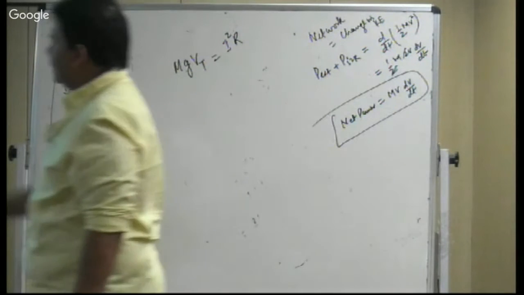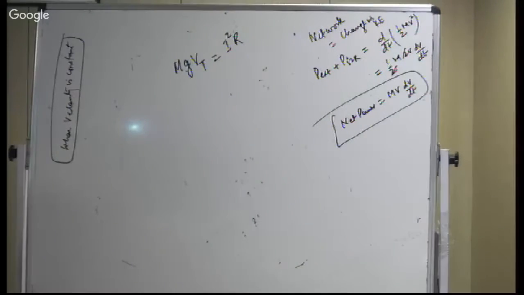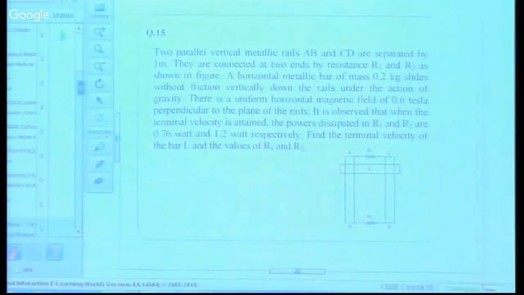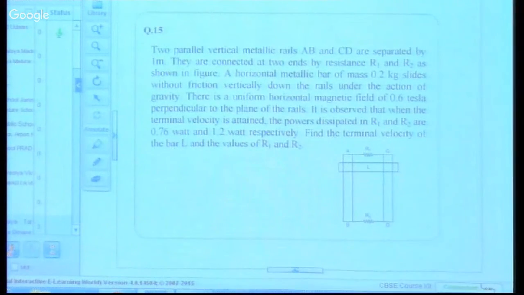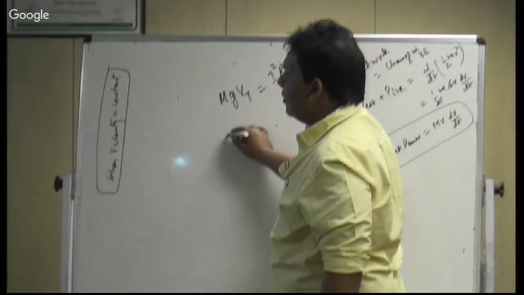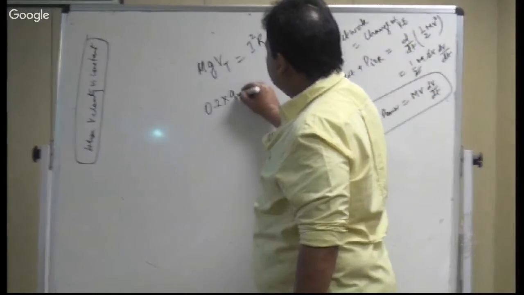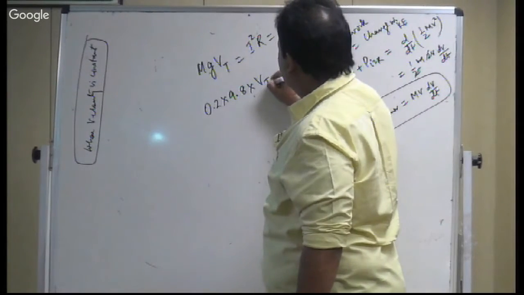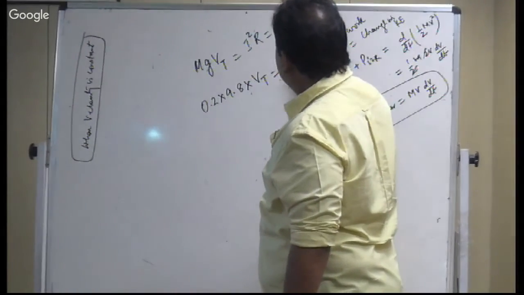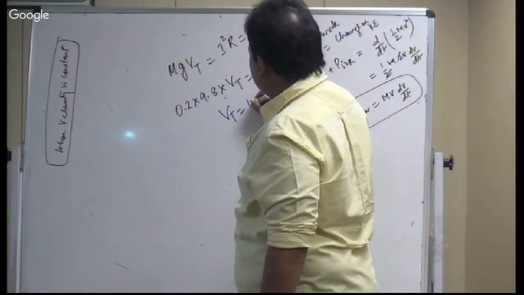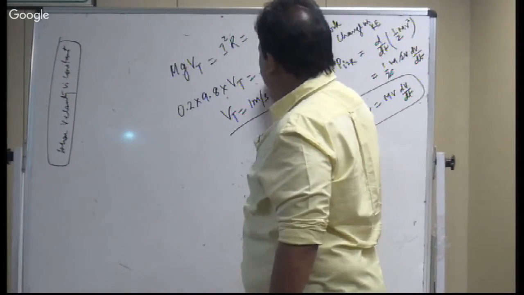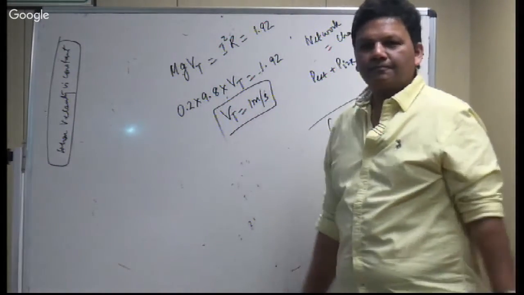Now he says it is observed that the terminal velocity is attained, the power dissipated across r1 and r2 are this and this. तो नेट पावर कितनी हो गई? 1.92 है ना? m कितना है? g ओवर एंड आउट।